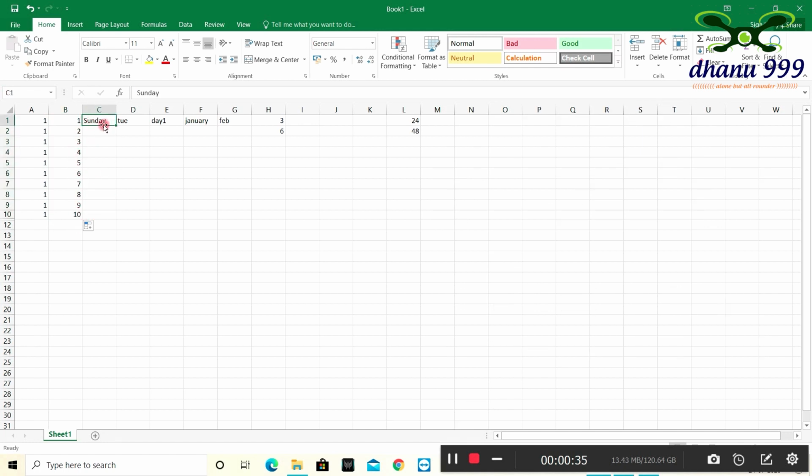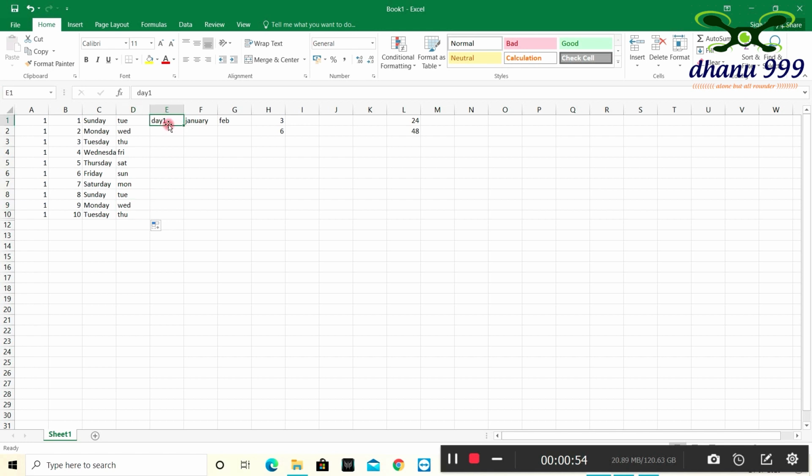And the same in alphabets also. Like it is a weekend Sunday, I'm just going towards the corner and dragging here, we are getting all the weekdays. Finally, this is the shortcut for Tuesday, TUE, and I will go for the corner and drag up to here. See, we got all these shortcut names.